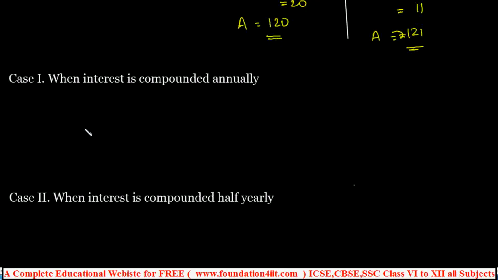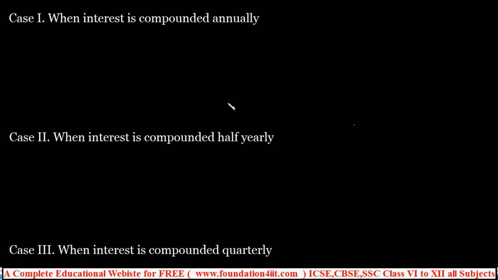Now to find the compound interest, there are a total of 5 cases. Let me give the formulas clearly one by one. First one, when interest is compounded annually. For every year we could find the interest using simple interest and add it to the principal, but instead of doing so many steps, we can directly find it when it's compounded annually. For this, the amount A is equal to P into, in the bracket, 1 plus R by 100, all to the power n.